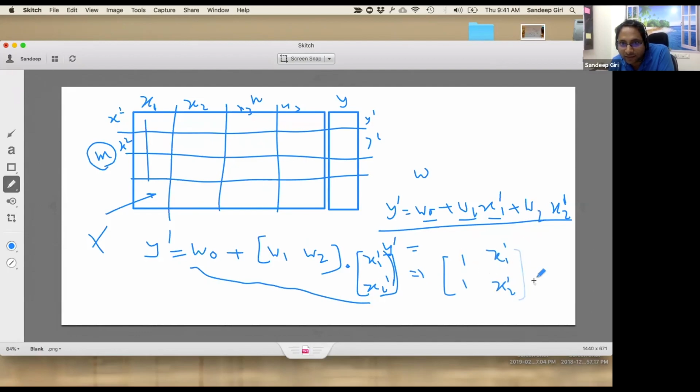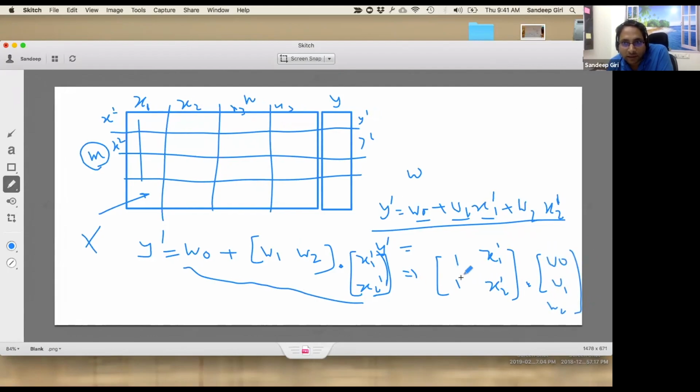Now this looks really easy: w naught, w1 and w2. I kind of made a mistake here. It is going to be x2 dash. So this is 1, x1, x2, for the first row we took. We are only talking about these first two columns. I'm not going beyond this. So same equation, this can be written nicely here. 1 gets multiplied with w naught, x1 gets multiplied with w1, and